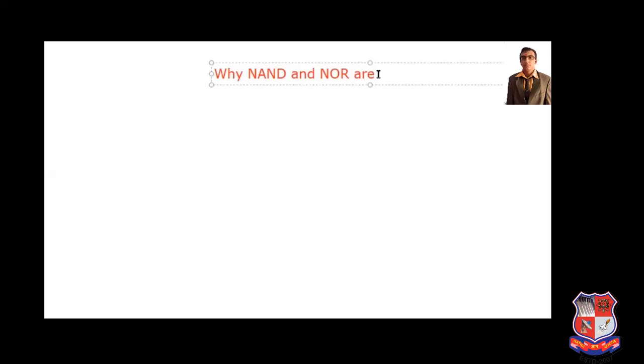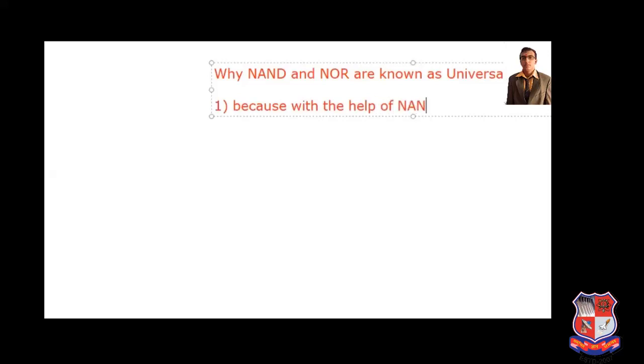This is the most fundamental question, and this MCQ is definitely asked in the examination. First, why are NAND and NOR known as universal logic gates? Because with the help of NAND and NOR,